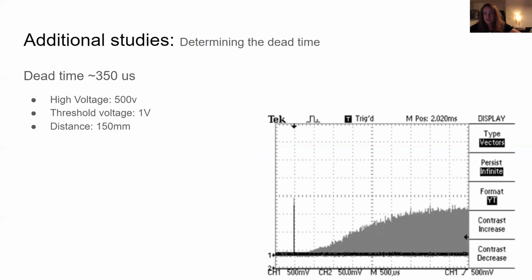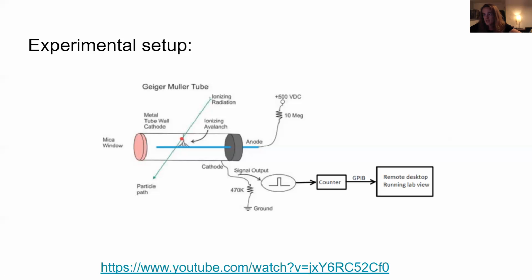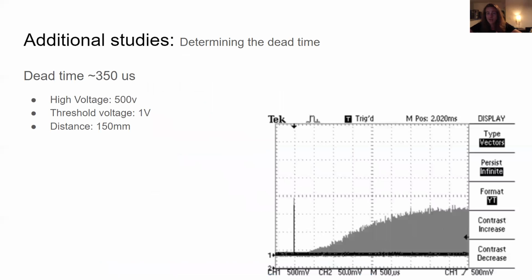Now, the dead time is the time it takes after a particle comes through into our system and discharges the Geiger Muller tube. There's a small amount of time required for our tube to restore itself and be able to sense more radioactive particles. So that is the dead time, the time it takes to restore the tube's ability to